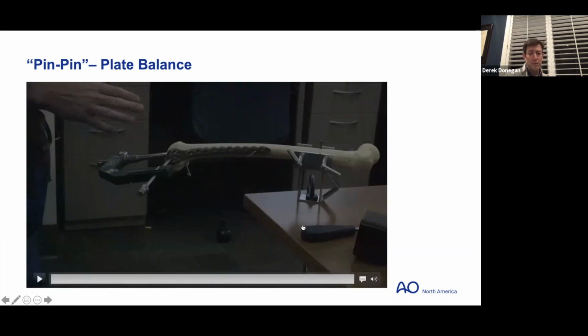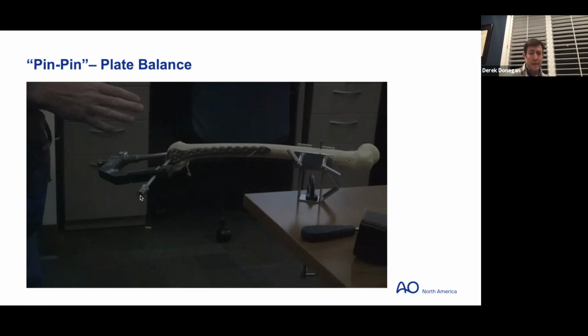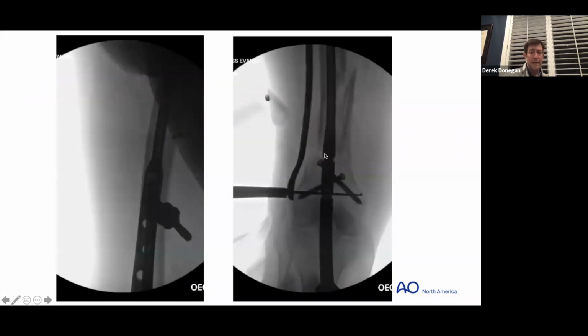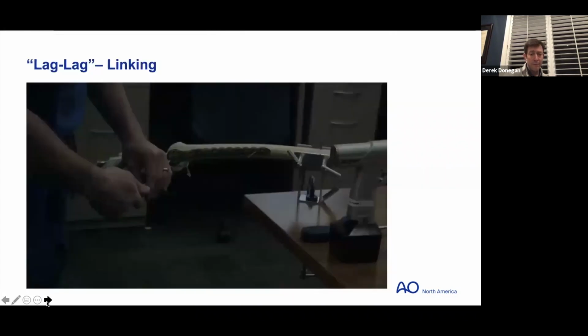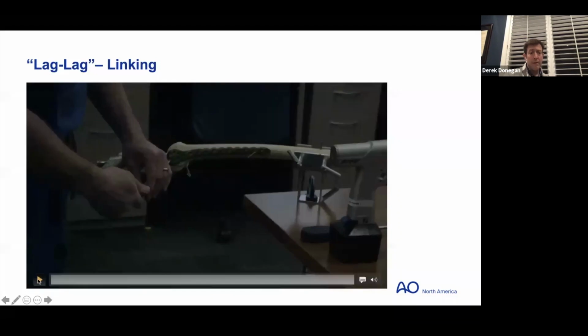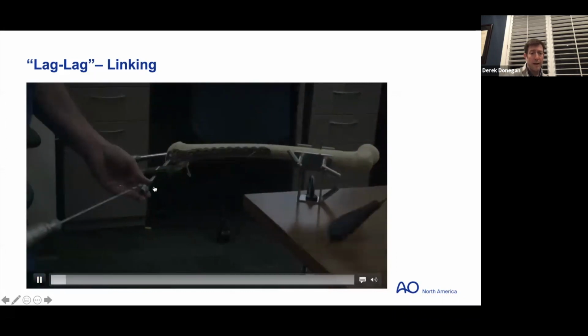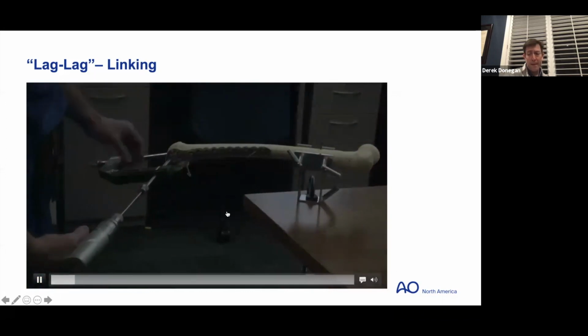And then you can get screws around that nail distally, and if you balance your plate proximally, appropriate screw fixation proximally. Here you can see plate balance. You can see I took out that distal screw, and now we're measuring, but it's through the jig, through the nail, to make sure it's going to go through both the plate and the nail, if that's what you so desire. And then here, putting your fixation, either an interlocking screw or a non-locking screw, through that part of the